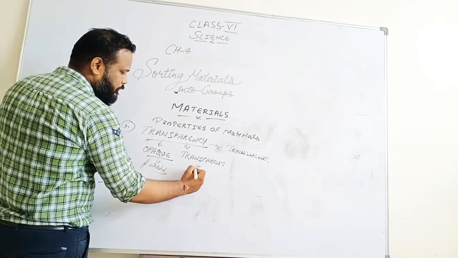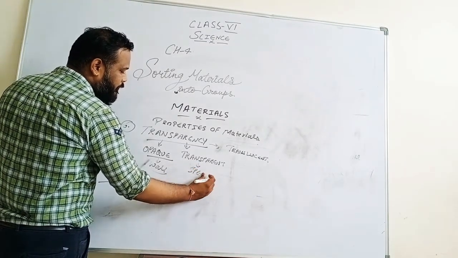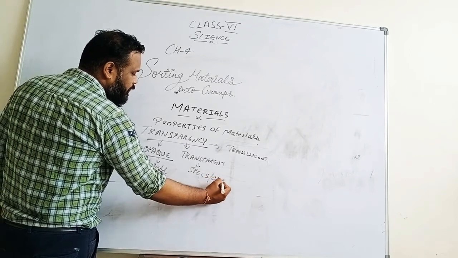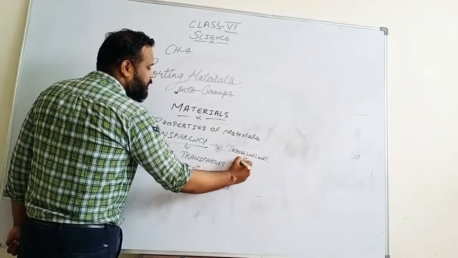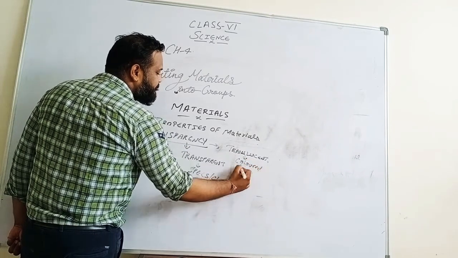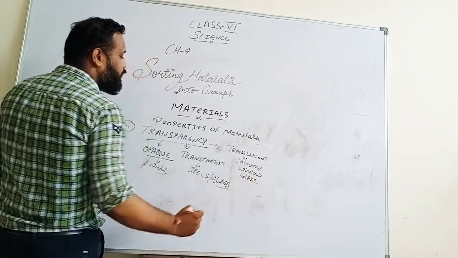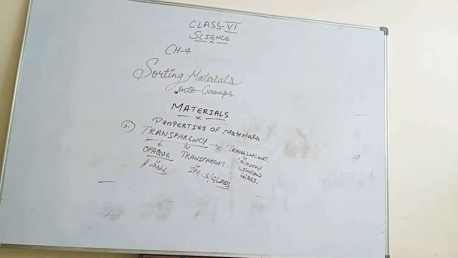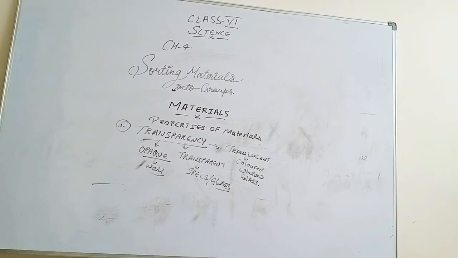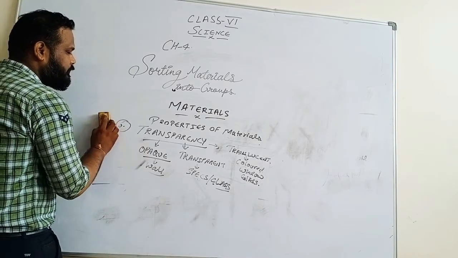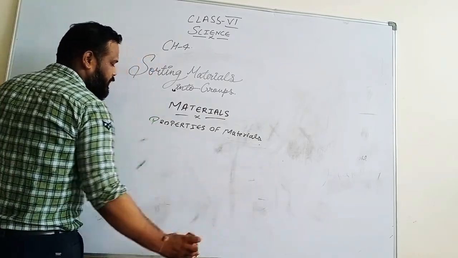Example, your wall. Transparent, like the glasses of your specs, you can see from here to there through it. Translucent, you can see but not clearly, like the colored window glasses of your houses. You can see but not completely. Which allow light to pass are known as transparent, which do not are opaque, and which allow partially are called translucent. So you should not get confused. Opaque, transparent, and translucent. This is also a property which will be used to classify materials.